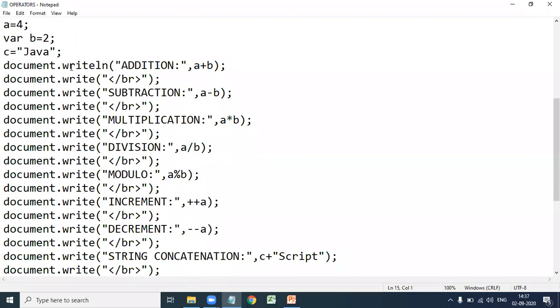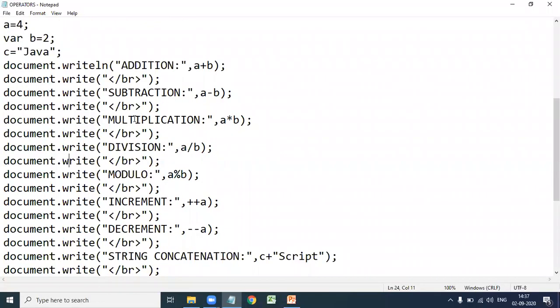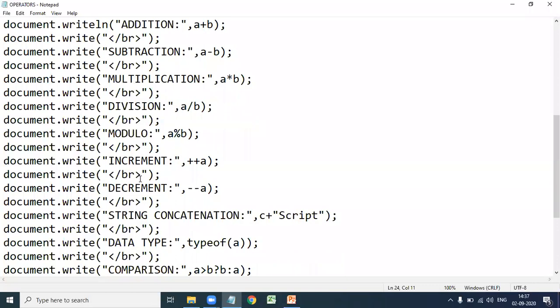Next, in the next classes we see the control statements. In that we discuss switch. Once again I will tell these operators using switch case. Here I did not use any switch case. So after completion of switch case, once again I will tell these operators. So here first are addition, subtraction, multiplication, division, modulo, increment, decrement, all of which you know.